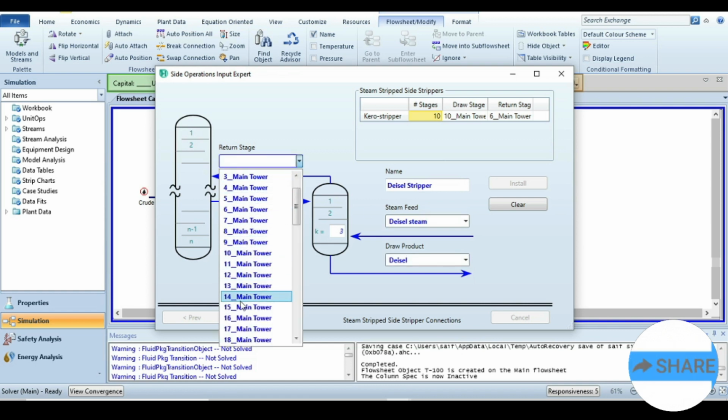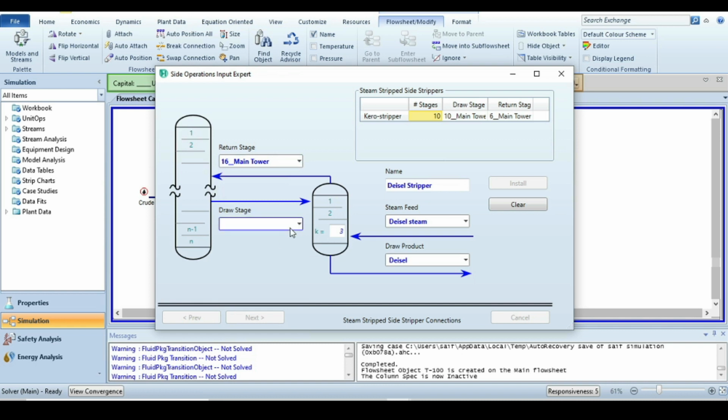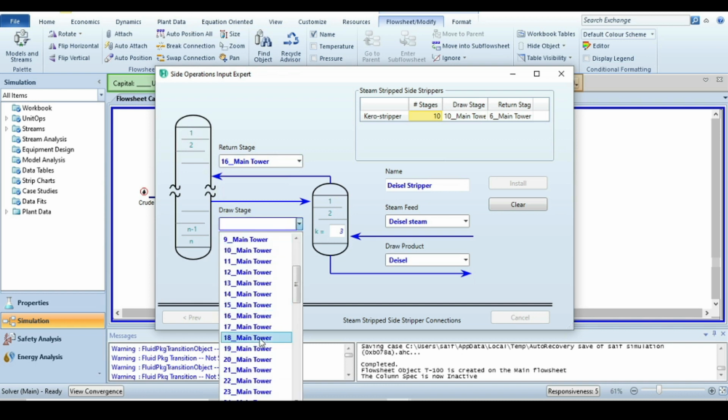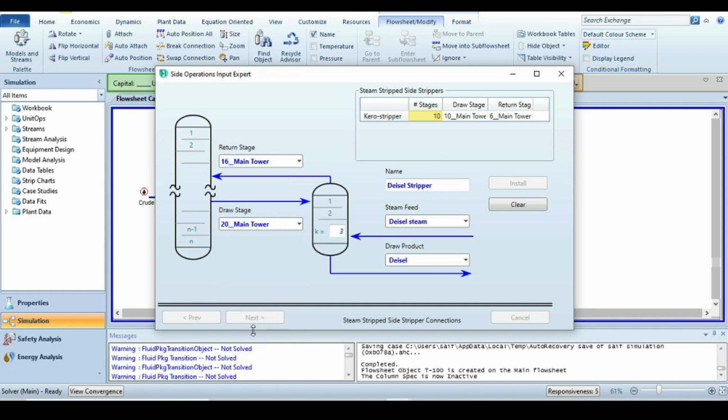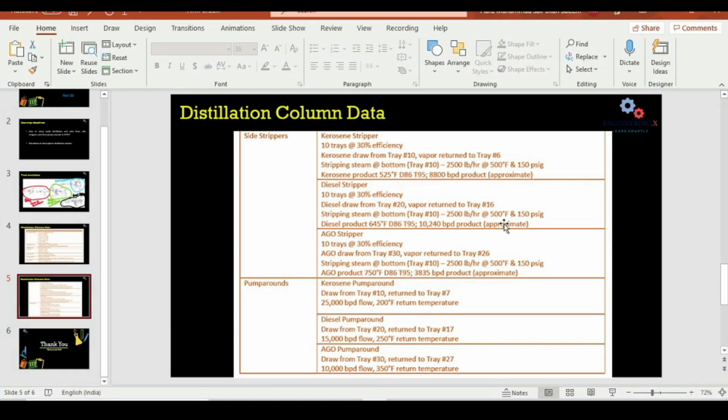So return is at 16, draw from 20, and total number of trays are 10. Okay, so 16, 20, just confirm 16, 20. Okay,